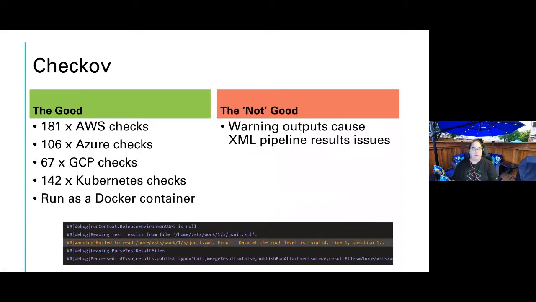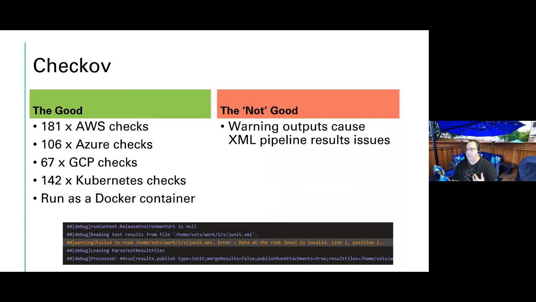So when I worked with this tool, what did I like about it? First and foremost, there are lots of different checks like you see here. It checks against all the major cloud providers. Some have more, some have less. As they iterate and add more checks, you can contribute back too. Let's say there's a check in GCP that you want that's not created yet. You can go through the process, build that out, and contribute it back to the community and the tool, and then everyone can benefit. It also checks Kubernetes, because everyone uses Kubernetes now.